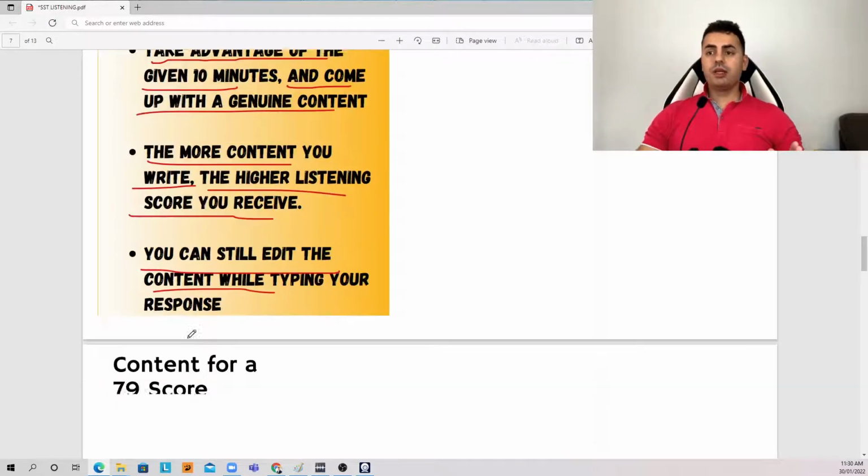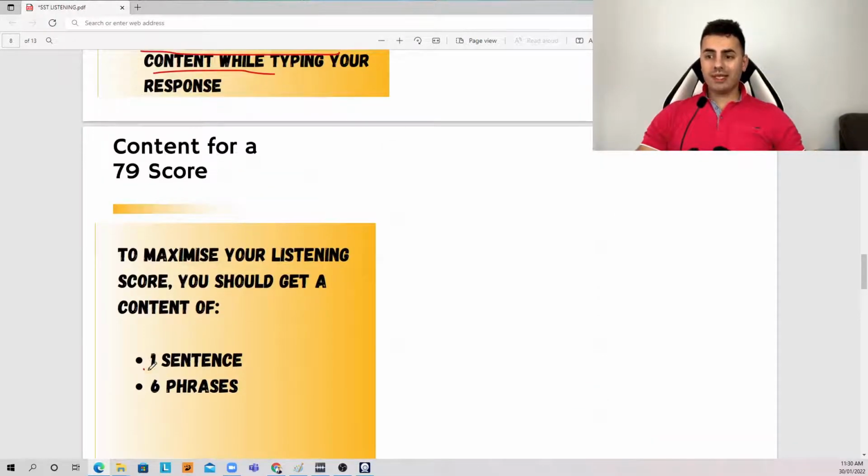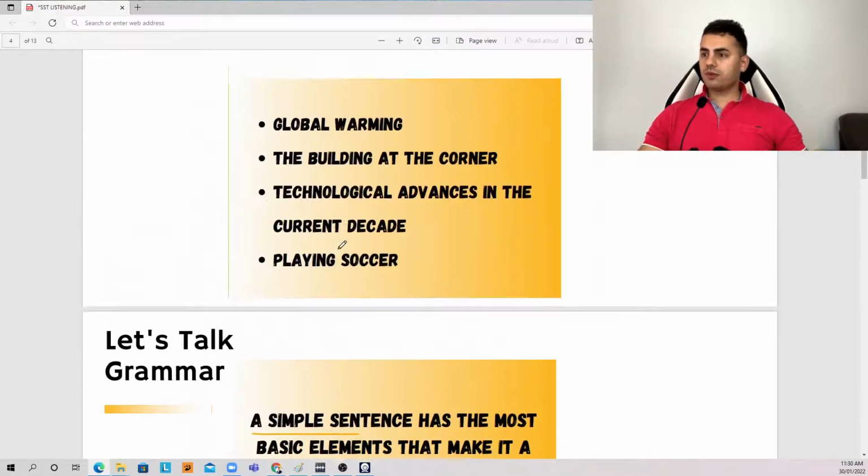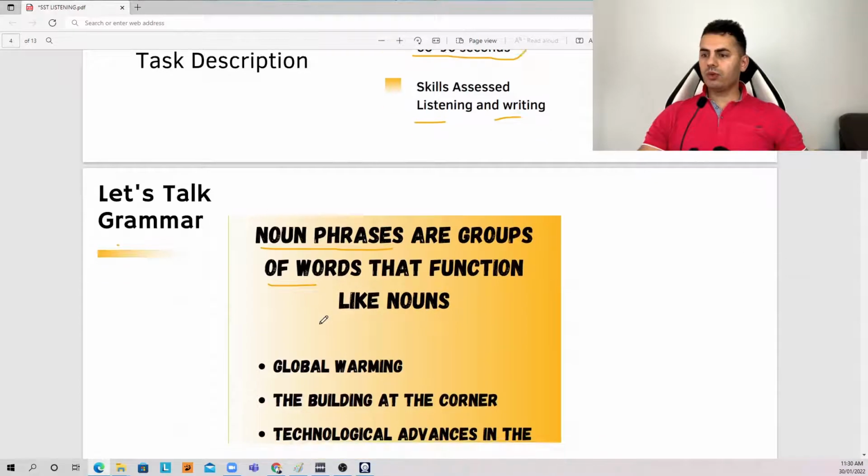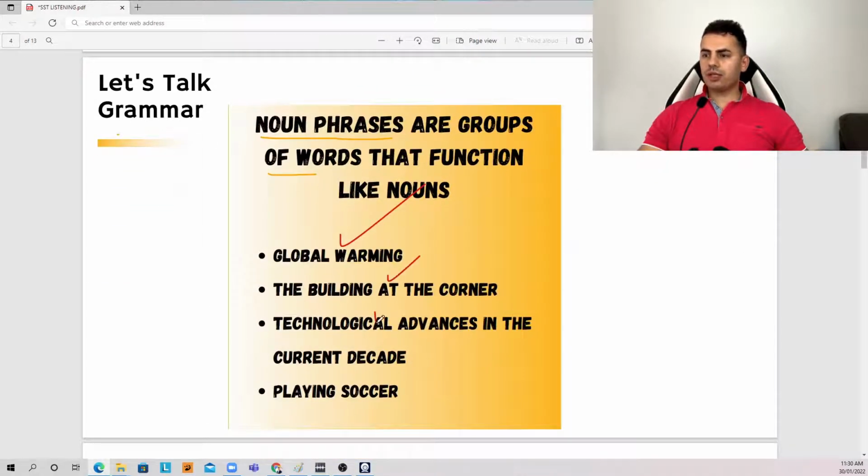Based on this, I am after 1 sentence and 6 phrases to be included in my template later on. So when you are listening and taking notes, yes, you can come up with 6 phrases similar to those that I was writing here: global warming, the building at the corner, technological advances, kids playing soccer, and so on.